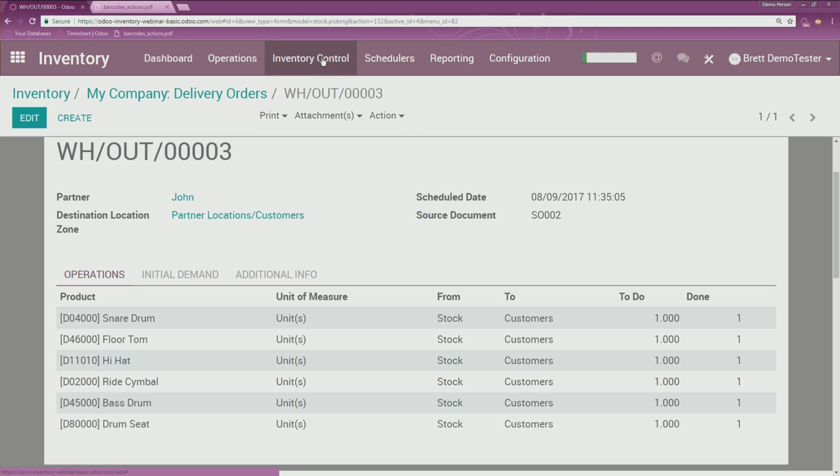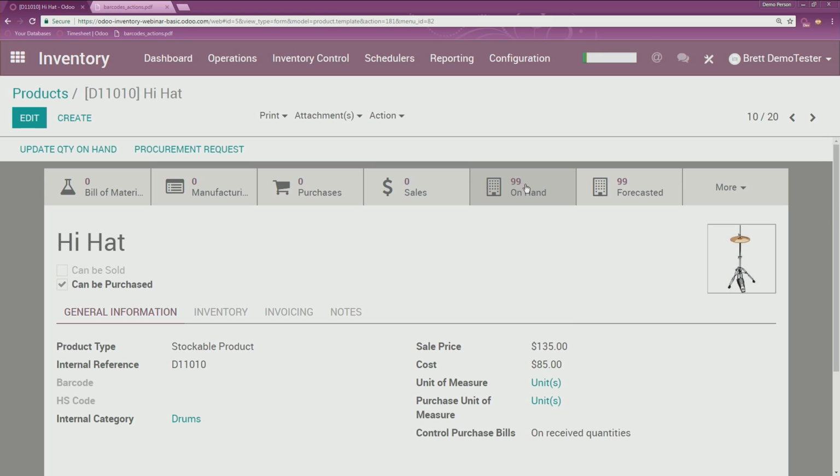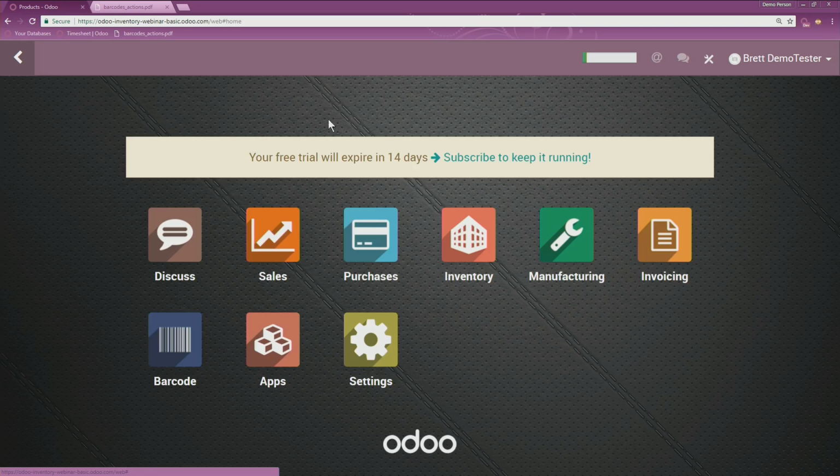So if I were to look at, for example, the hi-hat now, that thing right there, it has now gone down from 100 to 99. So that's how assemblies work and how the relationship between the sale orders and deliveries go when you're working with assemblies. So now that we've done that, I want to do a very quick purchase order